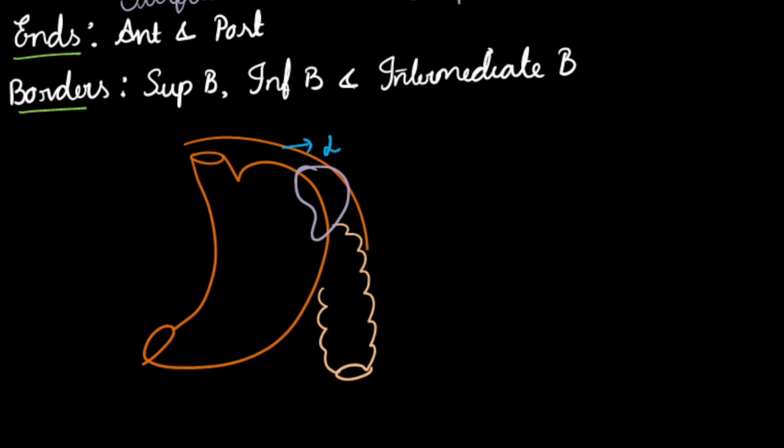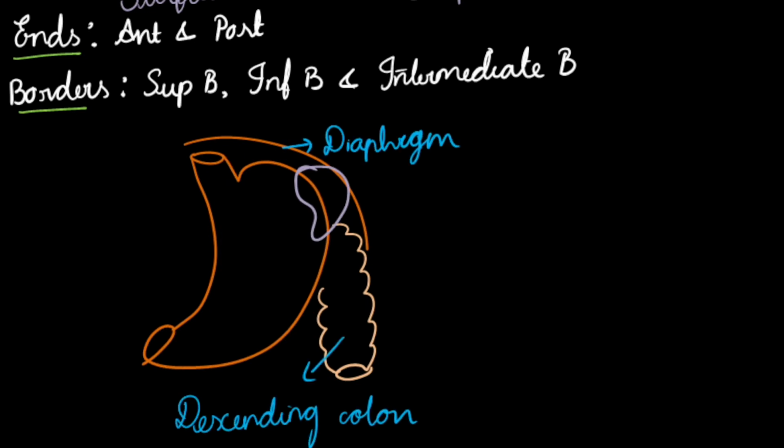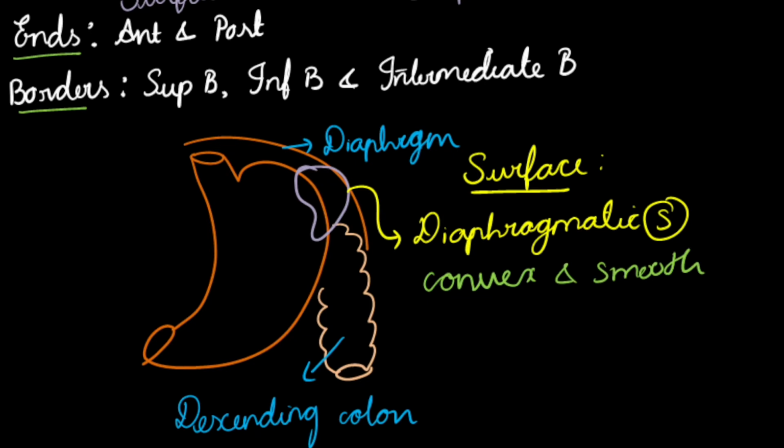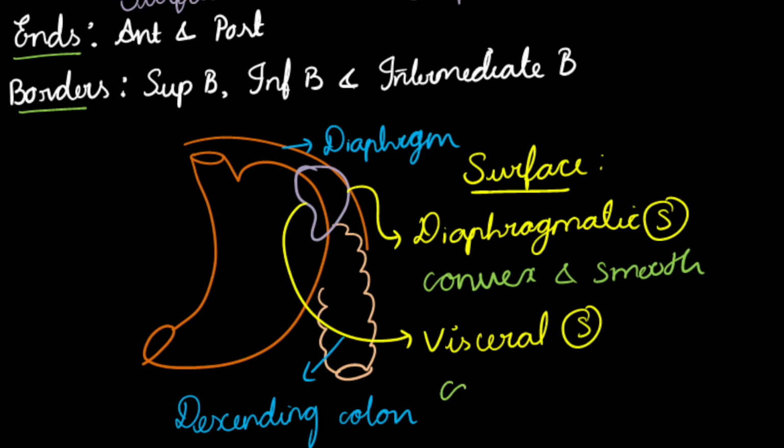So this is the diaphragm. So now we are going to talk regarding the surfaces of the spleen. So this outer surface is called diaphragmatic, as it is related to the diaphragm above. Diaphragmatic surface. And this diaphragmatic surface is convex and smooth. And this inner side of the spleen, which is related to the organs, is called the visceral surface. And this visceral surface is concave and irregular. And in that irregularity, we can see a lot of impressions of the visceral